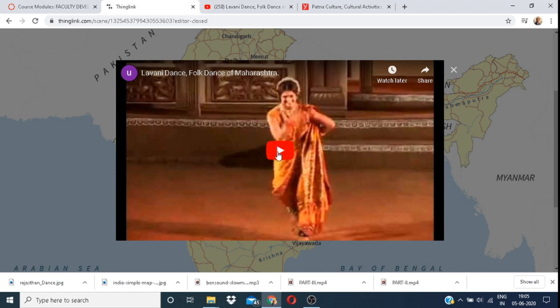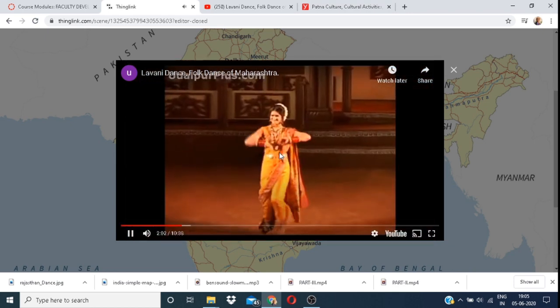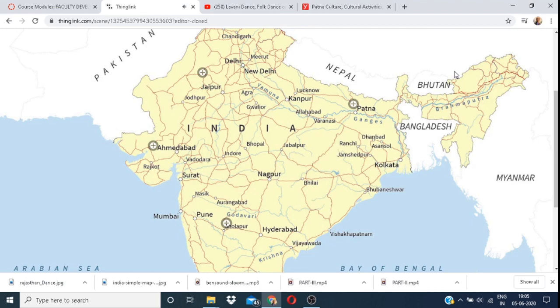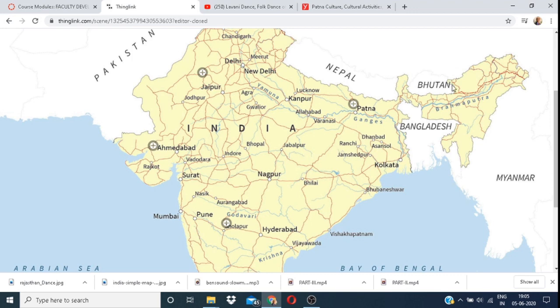You just click on this icon. When you click on this icon, you find the dance culture of Gujarat.